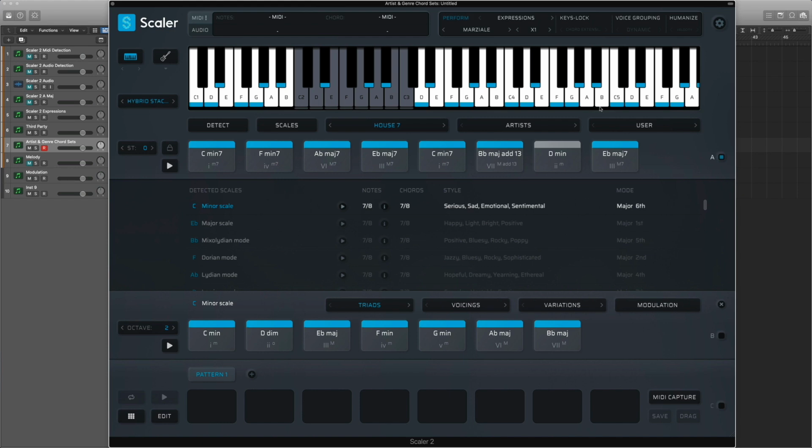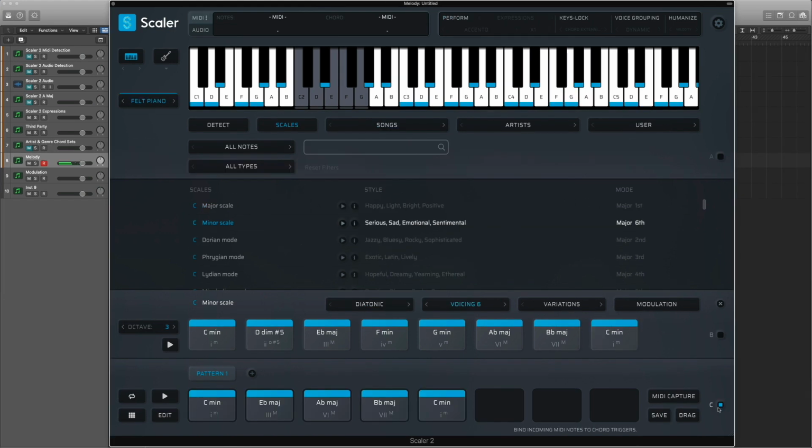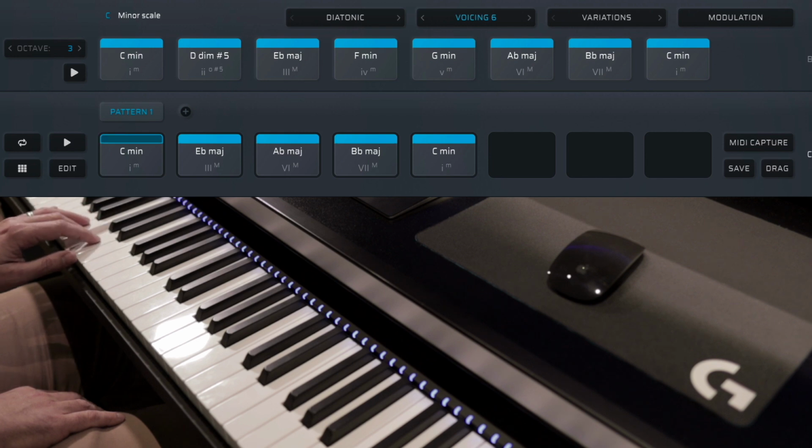Okay, I want to talk about making melodies with Scalar 2. One of the great things about Scalar 2 is the ability to lock keys according to what chords you're playing. There's a bunch of profiles, but I'm going to look at chord extensions because it makes it really easy to come up with melodies. If I play my chord progression,